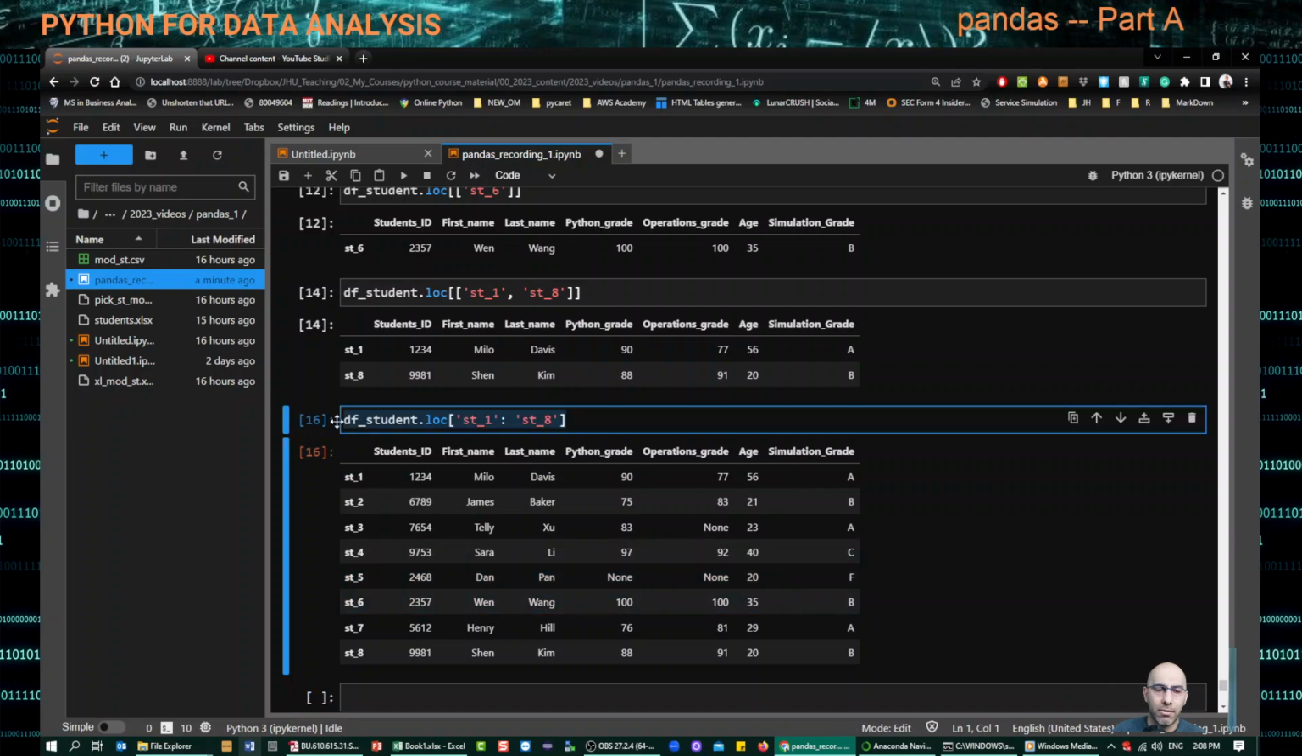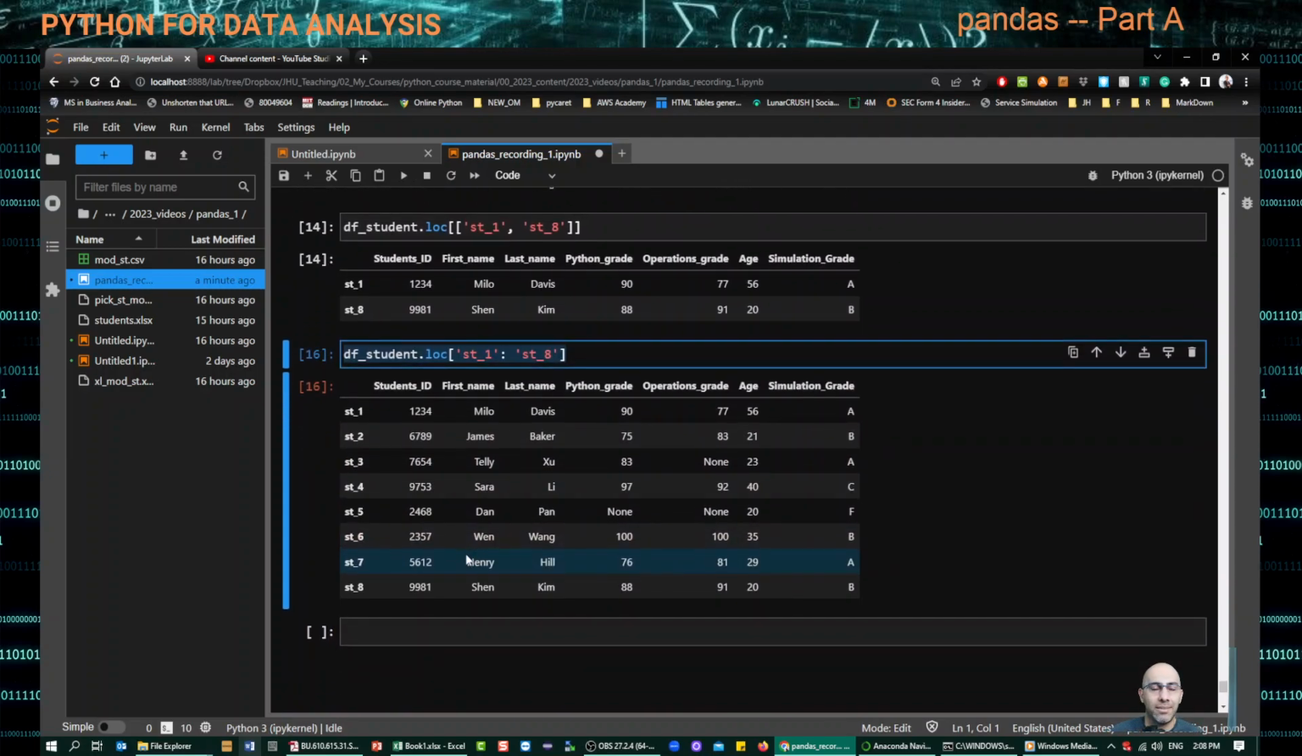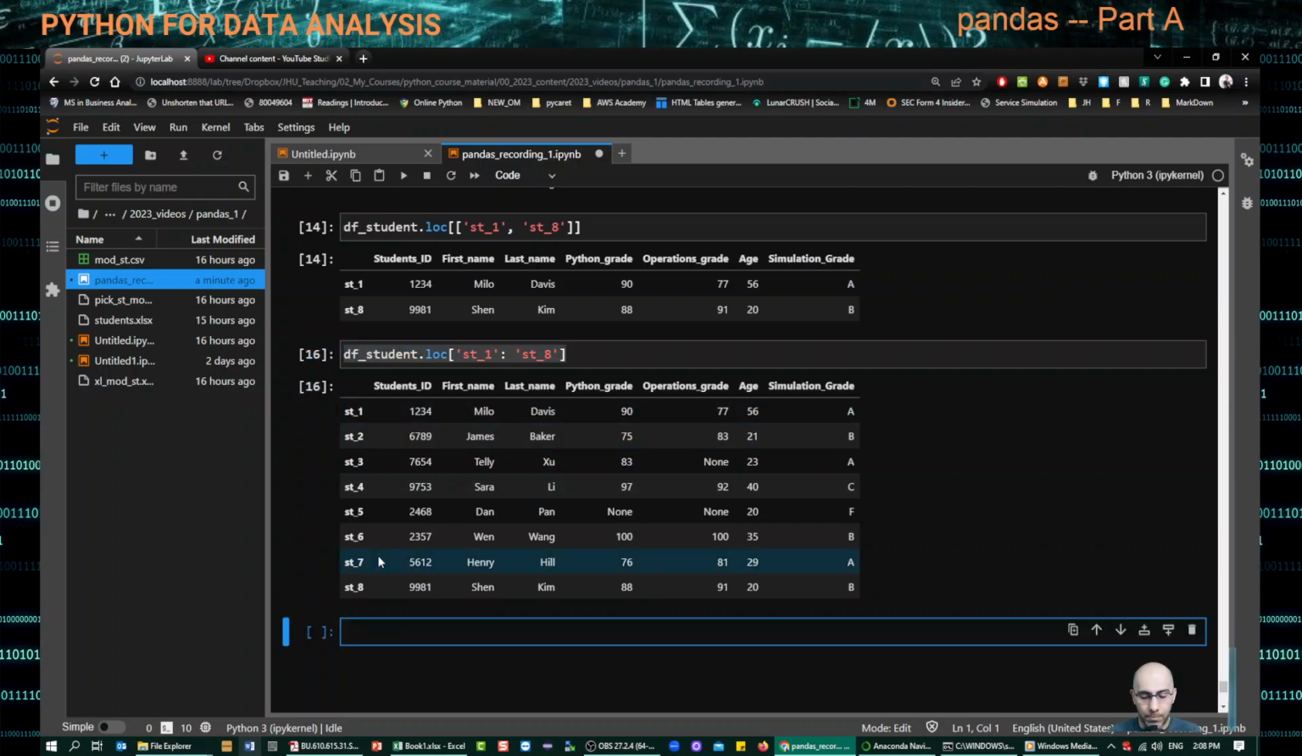This is almost identical to list and numpy slicing. You can have step size and all of that. You can do all of that, all right? I'm not going to go down there. Let's go to the next function, which is df_student